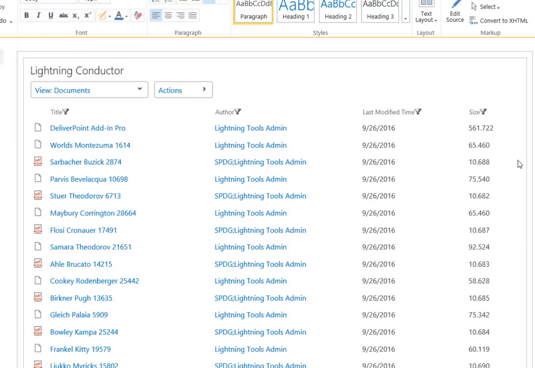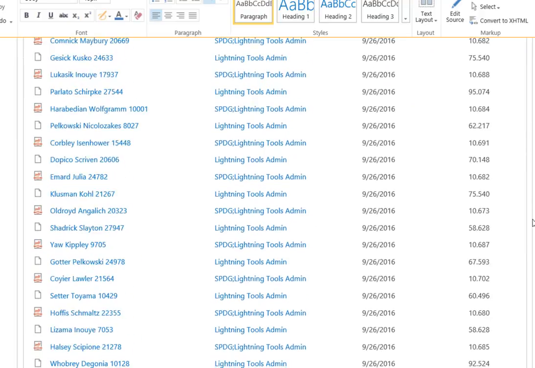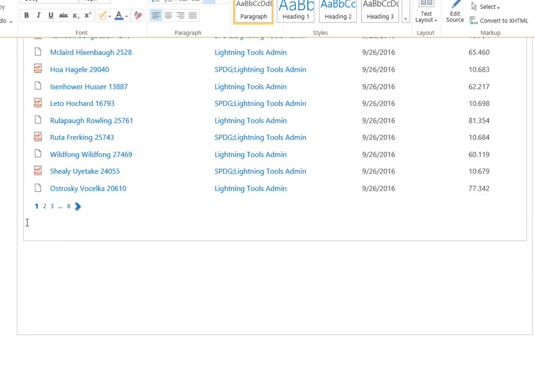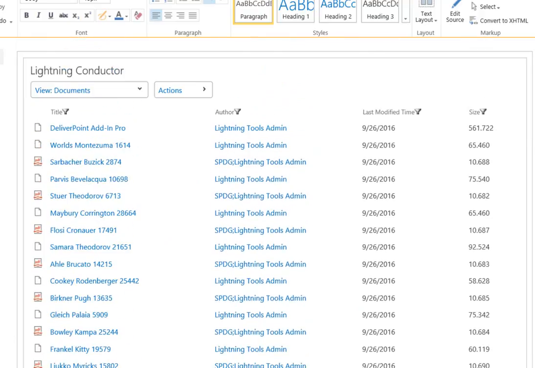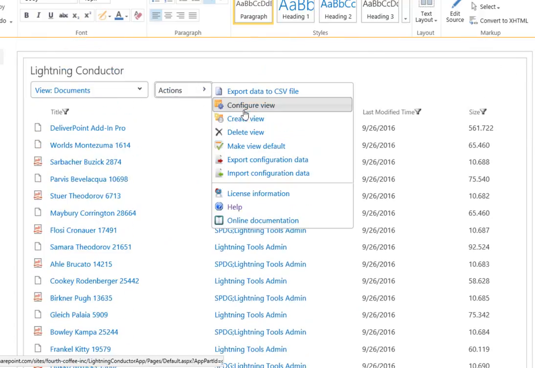It's brought back 500 items per page. If we scroll all the way down to the bottom, you'll see that there's 8 pages of that, so 4,000 documents aggregated in total. And what we're going to do just to prove that timing is go back to the